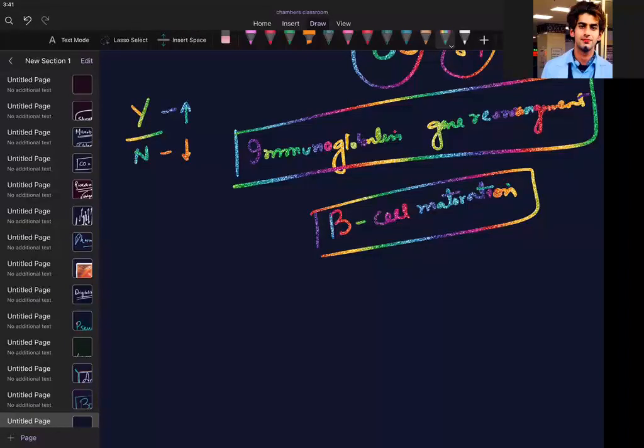Okay. So, sir, what do you want to say in short? I want to say normal B cell maturation will be showing countless amounts of rearrangement. But if I give you a neoplastic proliferation, there will be more cells and they will be sharing that immunoglobulin rearrangement pattern. That means they will also be telling us the origin.